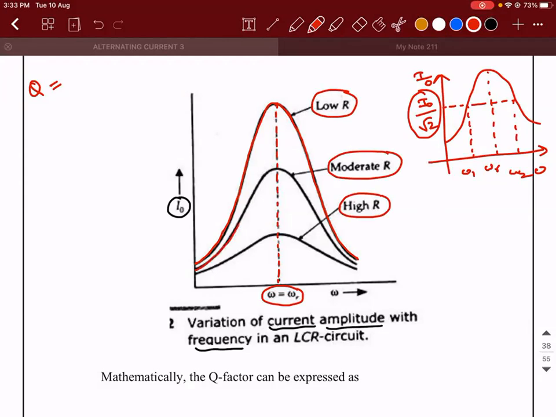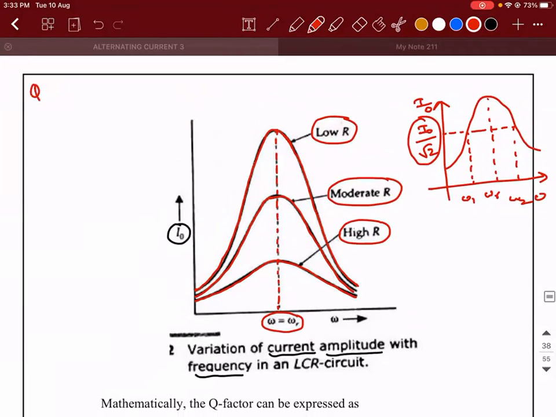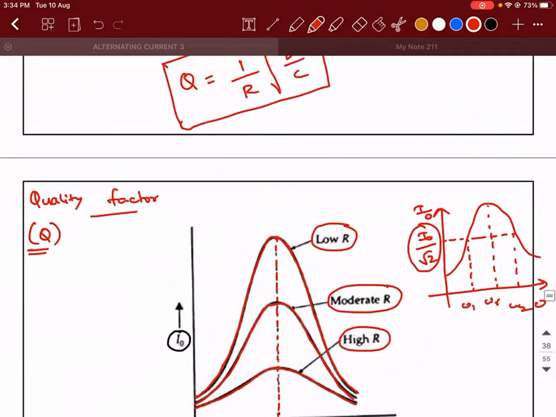When you do that, we can conclude something like this. The value of I naught is increasing and it is becoming maximum at the resonant frequency. After the resonant frequency, again, it is going to decrease. So from this graph, there is a very, very important term that is defined, which is called the quality factor, represented by the symbol Q. The quality factor is defined like this. Please write it down, guys.